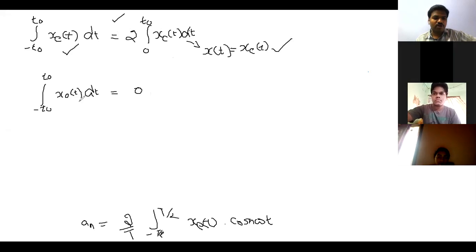And for the same one, if you consider the x naught, the odd components of the function, over a particular interval of time, you will get 0. Why 0? Because it does not contain the odd components. This is also valid for this condition. For these two conditions, x of t is only x e of t. It should not contain any odd components of the signal. So that is why the integral of this part is equal to 0. So this is the case.